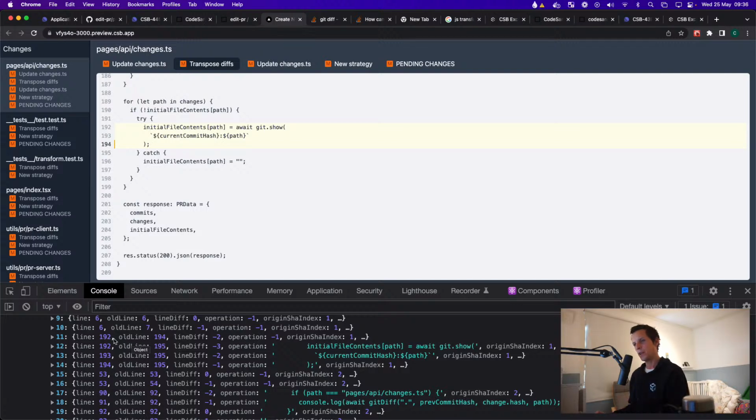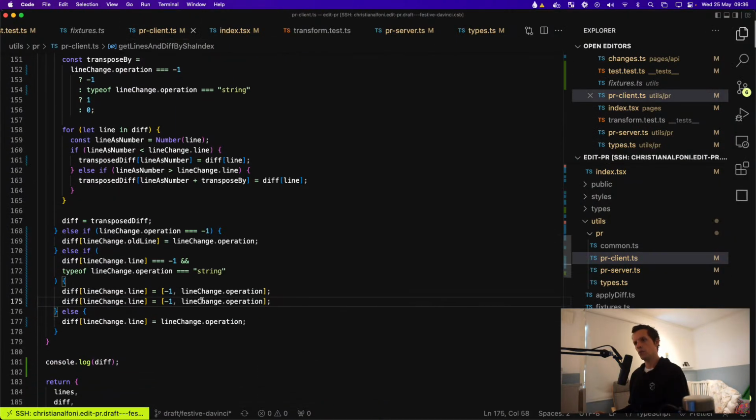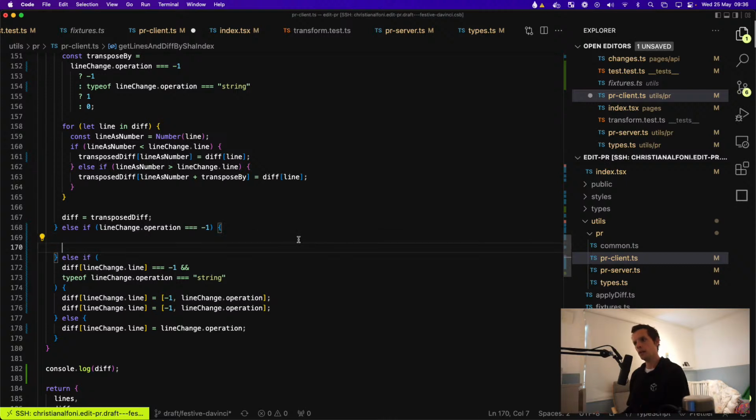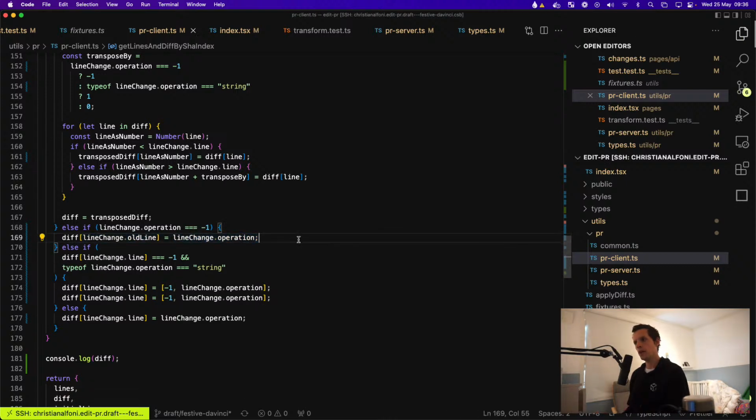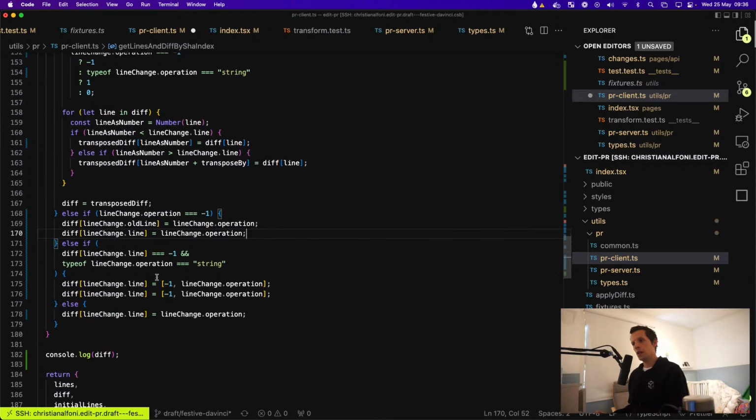This is what I can figure out, like 192, 192. Oh, because now we added it to the old line. Oh, wait, I think I know how this should work. So when we actually have a change, we add it to both the old line and the new line. And the reason we add it to the new line is so that we can actually